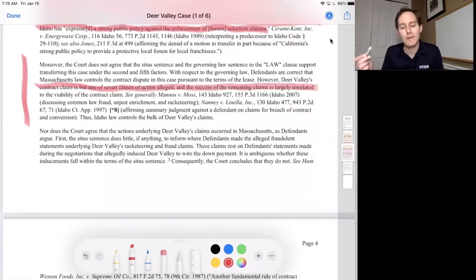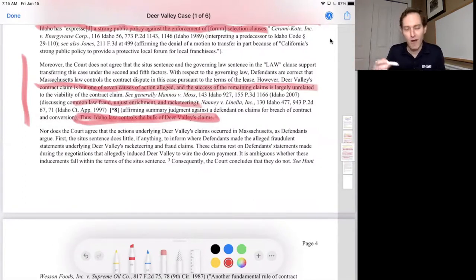But many of the claims that Deer Valley brought were based on fraud, unjust enrichment, racketeering, and many of those will be based on Idaho law. So the contract claim, sure, we'll look at Massachusetts law, but fraud and everything else that wasn't covered in that law section in the contract, it's actually going to be governed by Idaho law. So